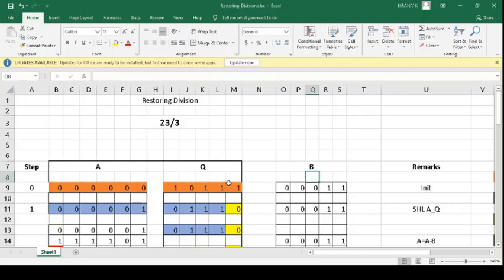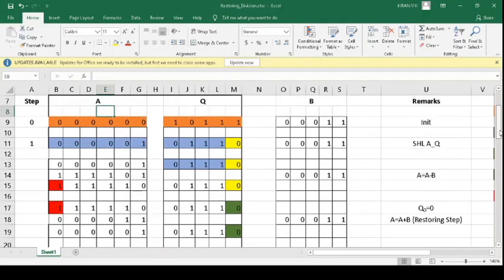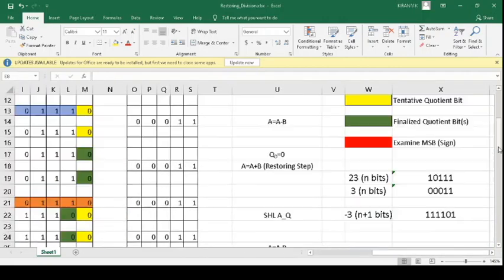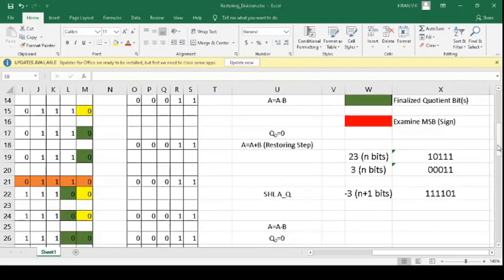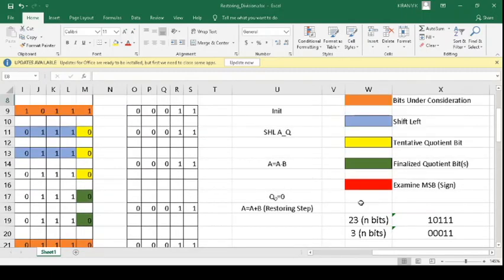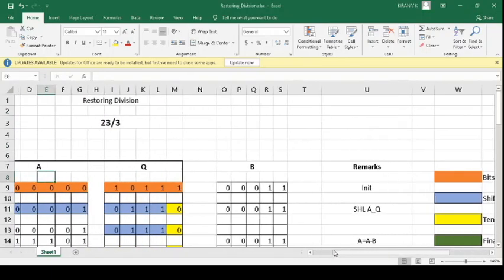As I told earlier, the A field, where everything is initially kept as 0, is 1 bit greater in size than the Q field and B field. So here the A field is 6 bits in size, as Q and B are each 5 bits in size. Okay, so that fixes the number of bits for the various numbers, and we may occasionally need to do subtraction of the divisor from the dividend. Why? Because division is repeated subtraction.